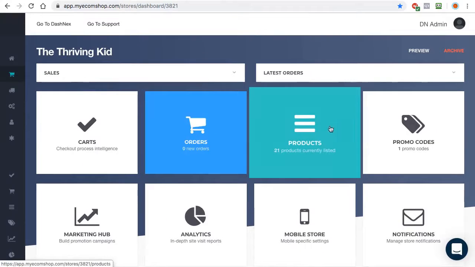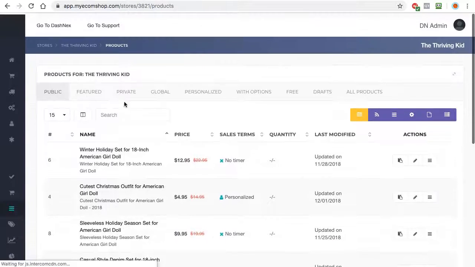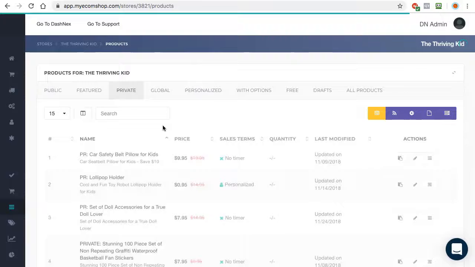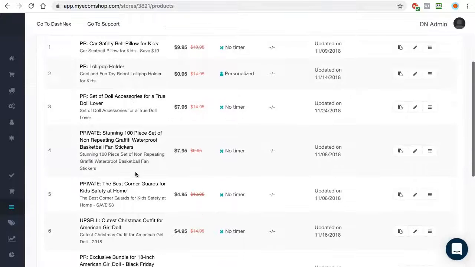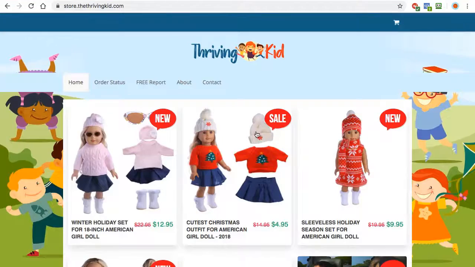So this is actually a real store. Let me show you real quick. This was my demo store quite a while ago. And let me show you inside and just show you some of the features that we have. So we had some private offers. For example, we can create private pages, which is very powerful if you promote this through, let's say, Facebook, right? If you promote a product via Facebook, having a private page is incredible because you can have a store, and